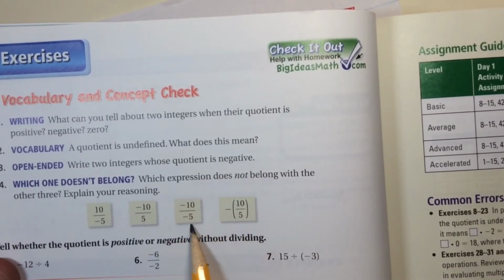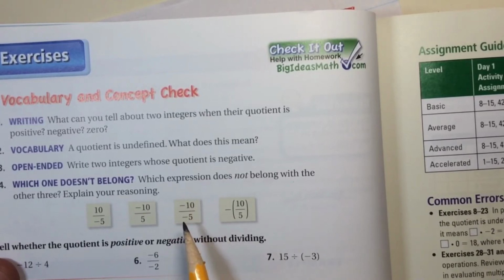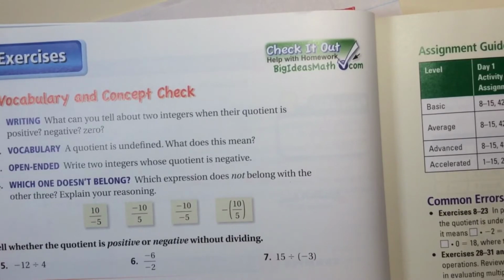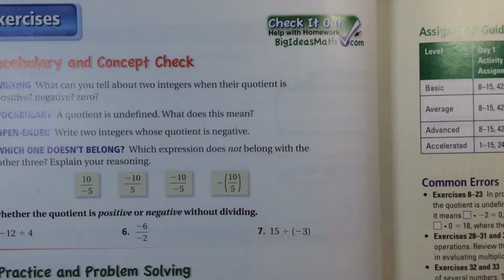Here's the only one that's different. Negative 10 divided by negative 5, that'll be positive 2. So there's the one that doesn't belong. And then finally on these last 3,